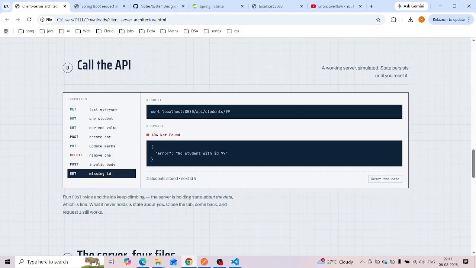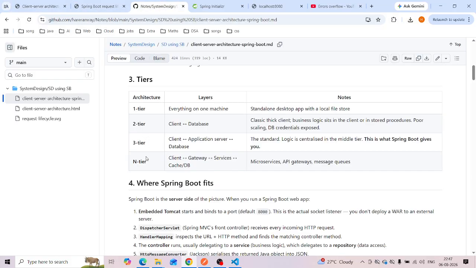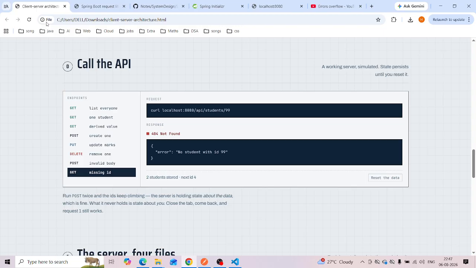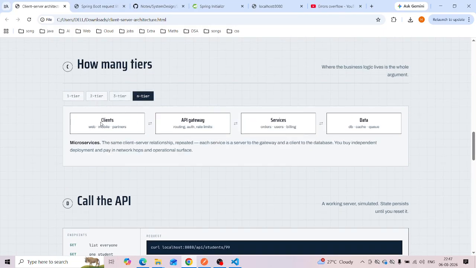Now you see one, two, three, and N tier, right? Now let's see N tier. In N tier the client is web, mobile, partners, and the API gateway will be the second layer, handling routing, auth, rate limits.